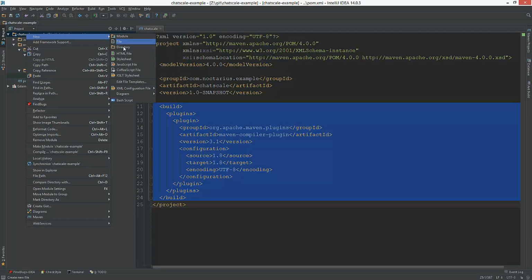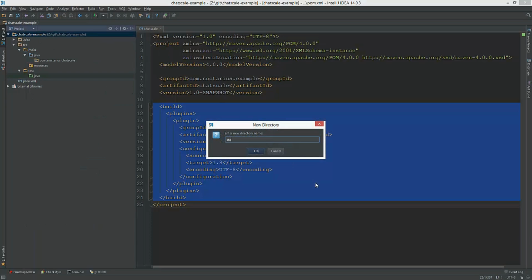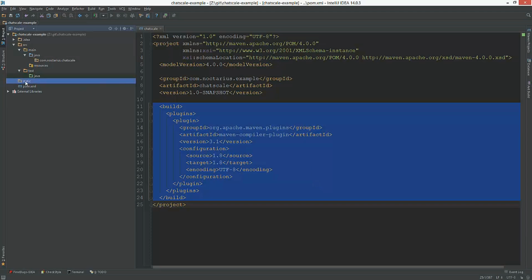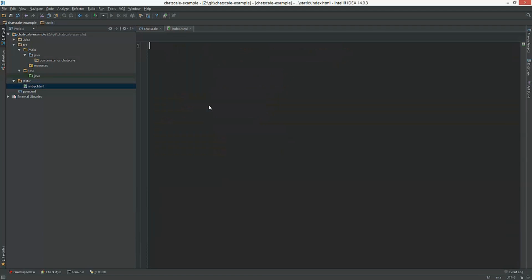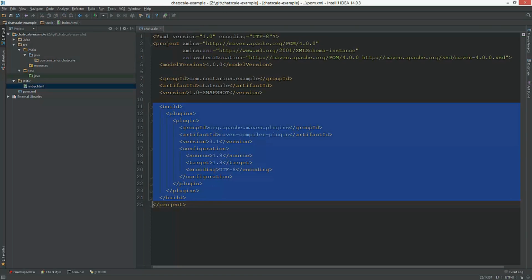Okay, let's see. We want to have a browser front end, so we definitely have some static content like index.html, which for now just says things like HTML, body, and we want to start pretty small, so let's make it hello world, and let's add an exclamation mark. Okay,